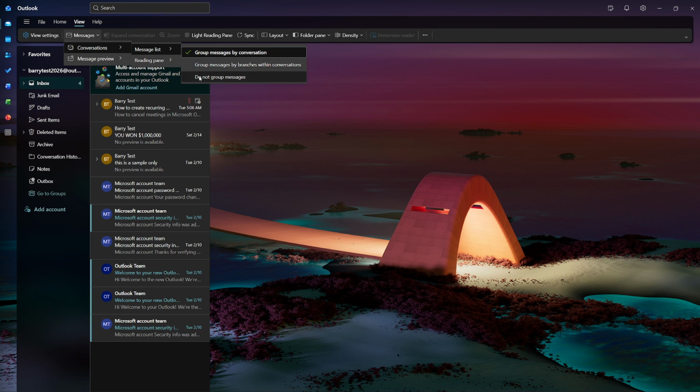Right after you uncheck it, Outlook will ask how broadly you want to apply this change. You'll see two choices: this folder or all mailboxes. Choose this folder if you only want to stop conversation grouping in the folder you're currently viewing, such as your inbox, a project folder, or another specific location. This is a great option if you're experimenting or if you only want an individual folder,